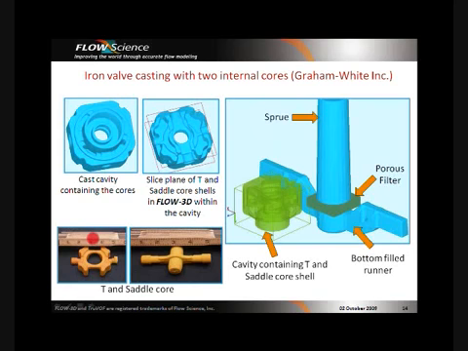Note that the simulation was done using the geometry from the cavity containing the saddle core and the T core without requiring separate geometries for the core. To actually understand this better, I have two snapshots here. Shown on the top left is the actual cavity that's cast. On its right, you can see a cutting plane in Flow3D that shows the hollow sections of the T and saddle cores. Notice the walls around here of the saddle core.